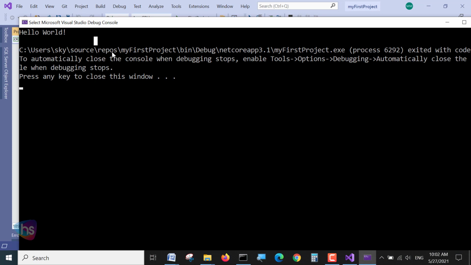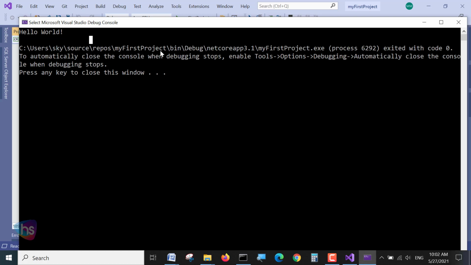Later you will get information about where this program and your project are saved and where it is executing. Don't worry about these lines. This is information. While we are compiling, building and running this application, it makes a my project.exe executable file. Visual Studio automatically takes care of all these steps. This part, like the C users path, will be based on your system. And my project.exe is created and exited with code 0, meaning zero errors.